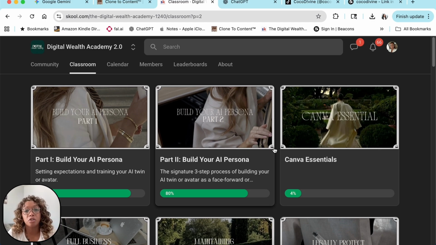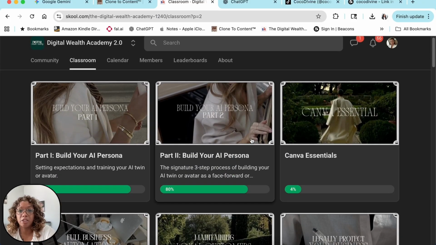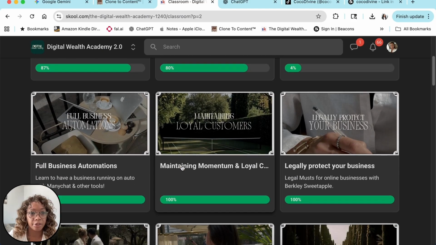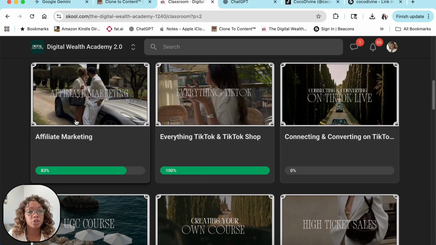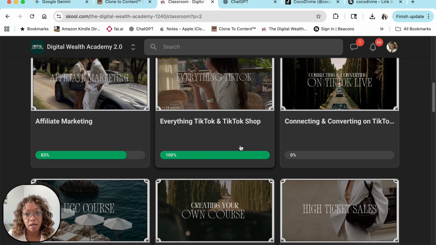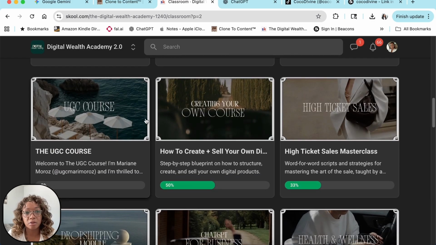And it also gave me the tools to learn how to create multiple streams of income, because not only this AI module, they just added a couple of months ago, right? They tell you everything in here. Just looking at this page alone, you can see they have Canva training in here, business automations. This is teaching you how to have a business running on autopilot with ManyChat and other tools. Of course, they teach you affiliate marketing. They teach you TikTok, TikTok Shop, connecting and converting on TikTok, UGC, which is user generated content, creating your own